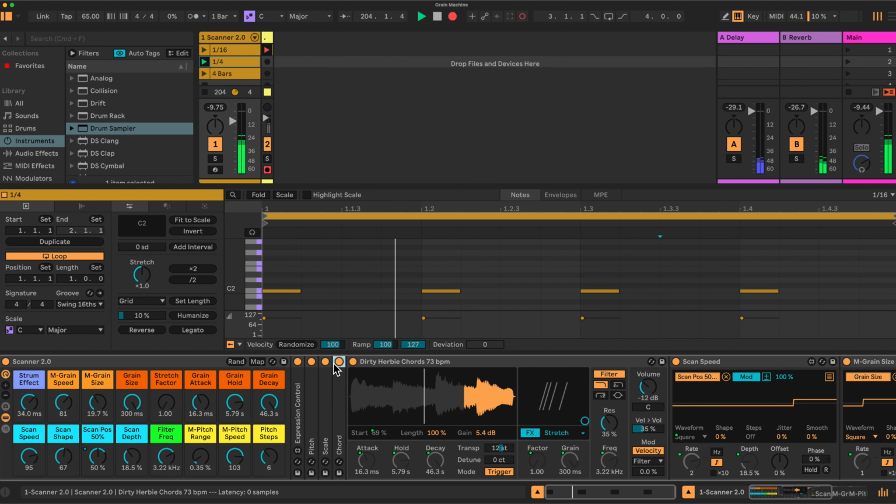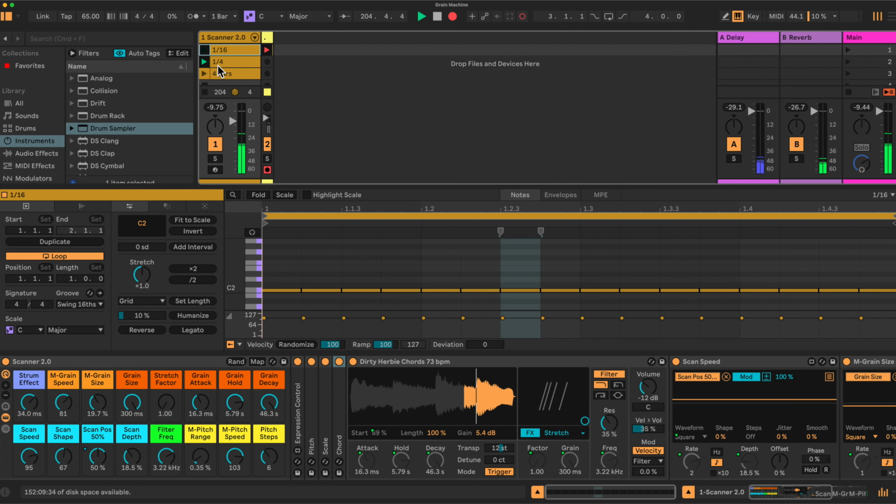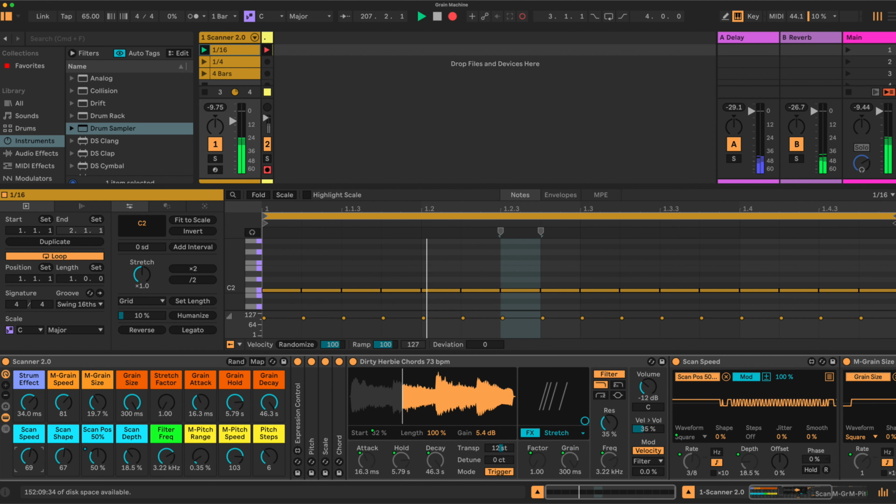And with all of these functions and the notes coming in, let's change our rhythm here. We can, well, let's turn that off. Let's go to a very slow scan speed. Turn off our strum effect for a second. This will scan through here every 32 bars. It's going very slowly. We'll set this 50. Scan depth we'll put to the full range. You can see we can now get it to go very slowly through the sample